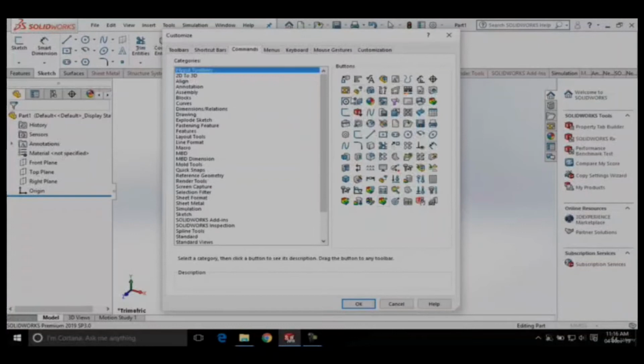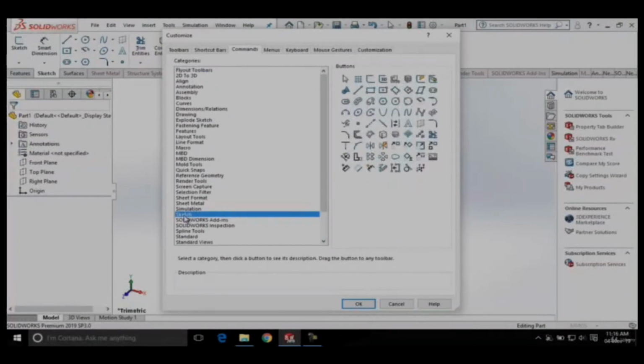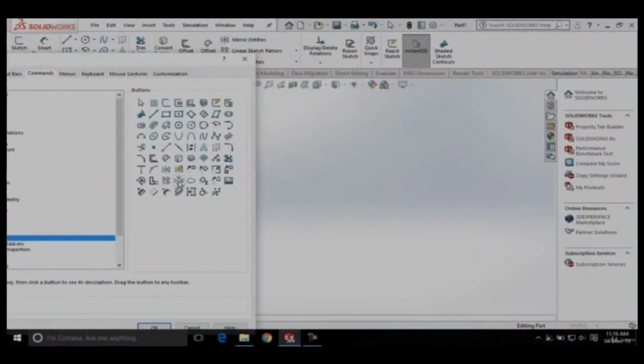In the Buttons area, let us say that I need to add a tool to the Sketch Command Manager, so I will choose the Sketch category. In the Buttons area, different buttons corresponding to the Sketch category are displayed.